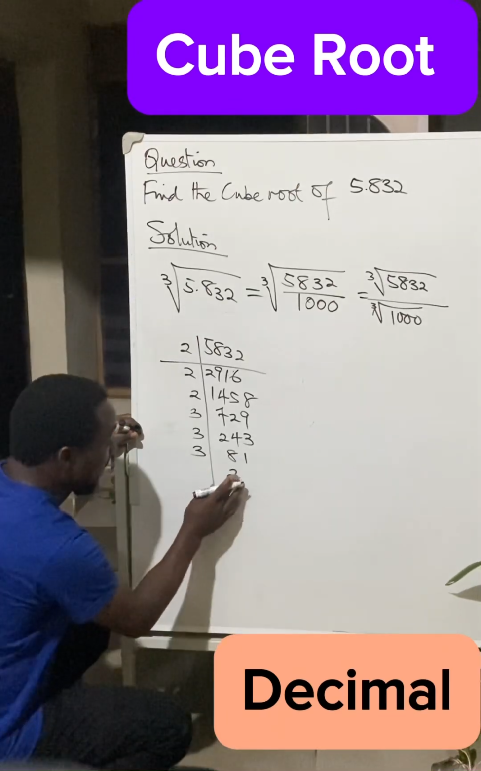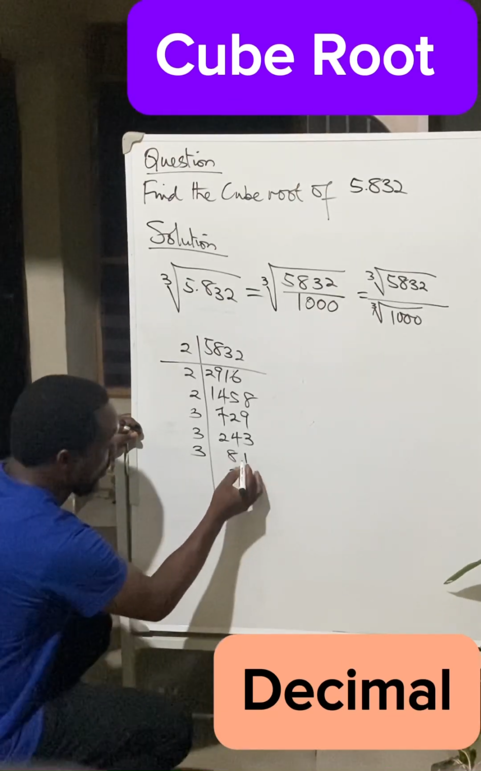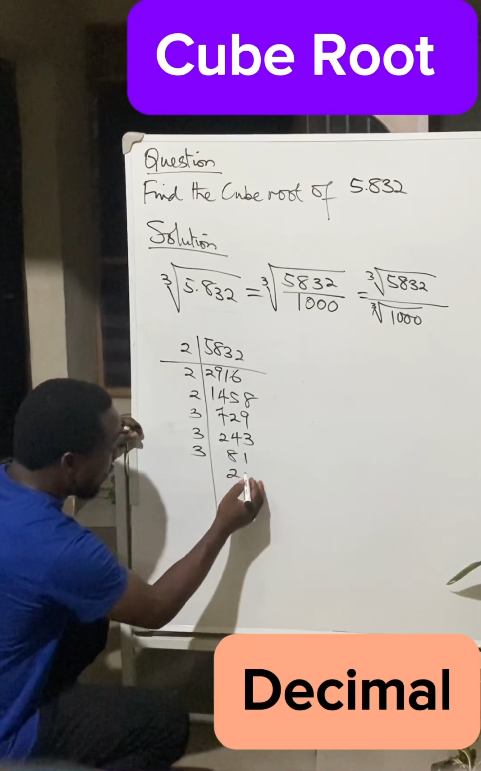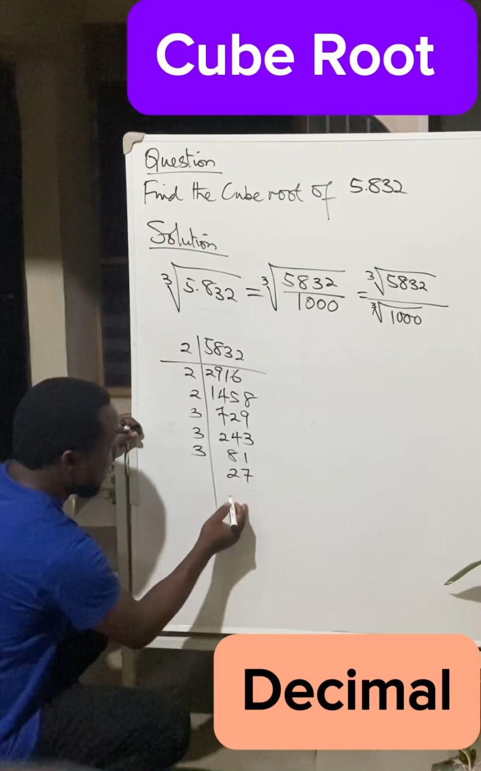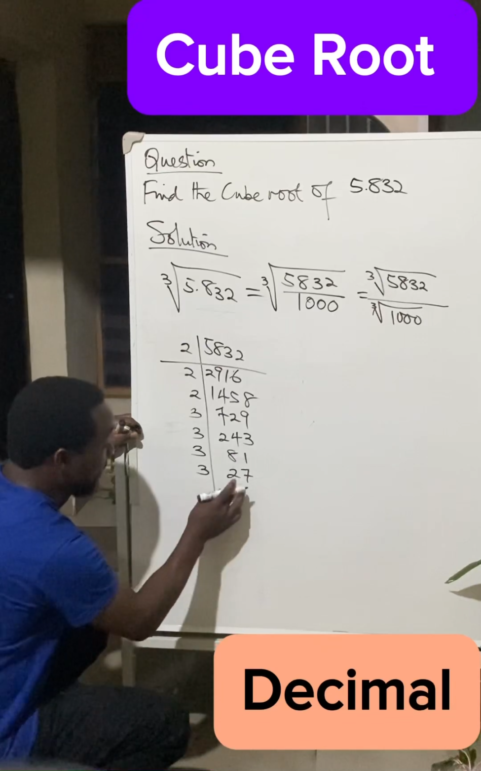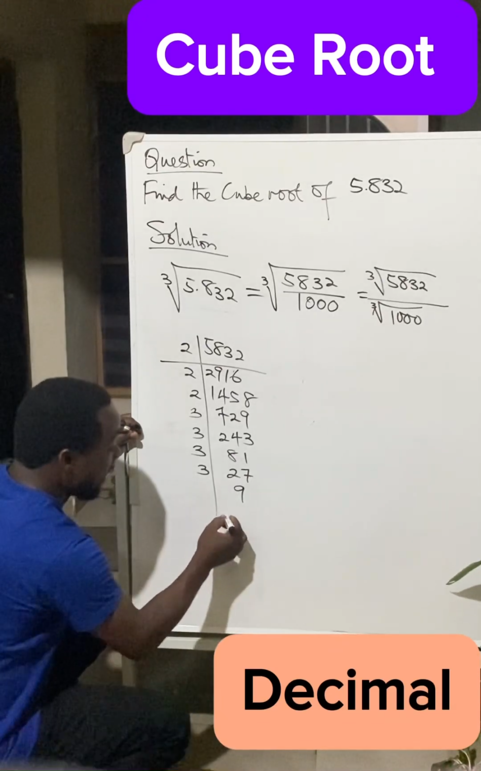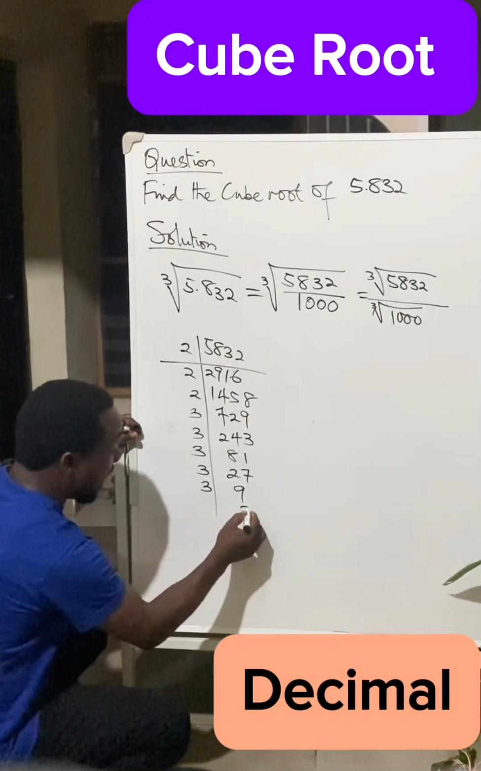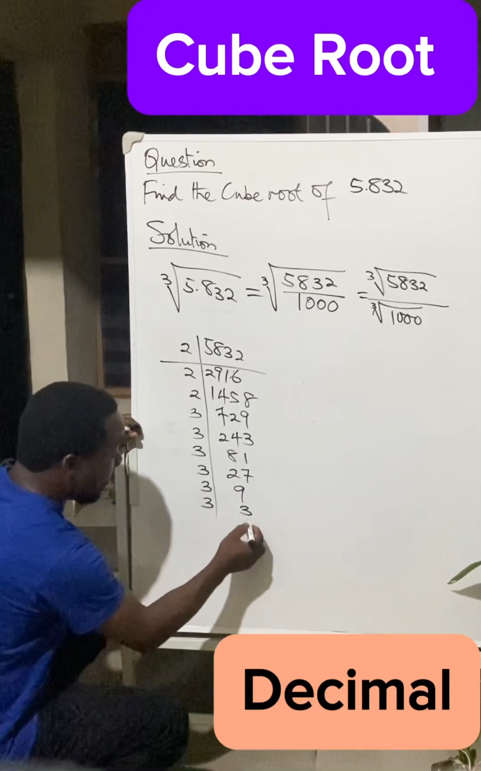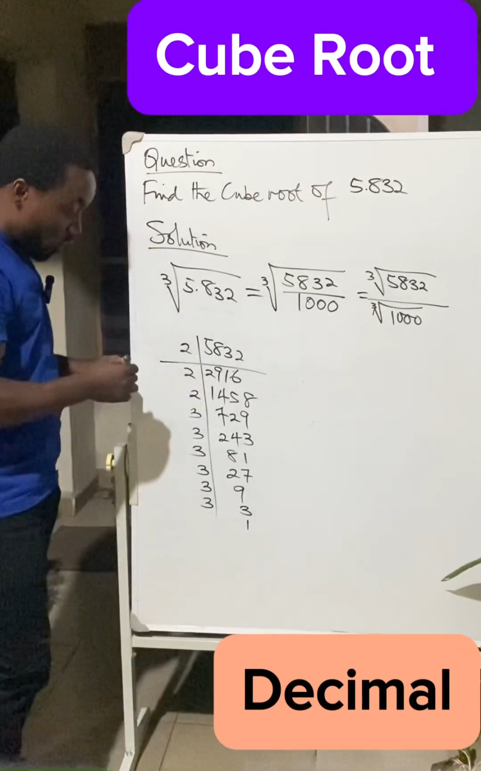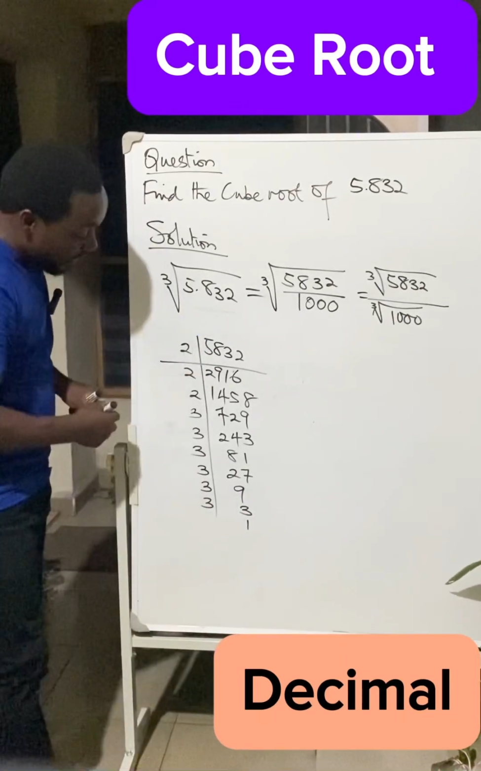I know that one. 3 into 8 is 2 remainder 2. We add that 2 to 1, it becomes 21. 3 into 21 is 7. 3 can still divide. 3 into 27 is 9. And 3 into 9 is 3, while 3 into 3 is 1. Now, we are done breaking down the number